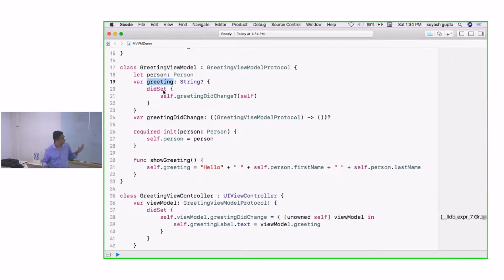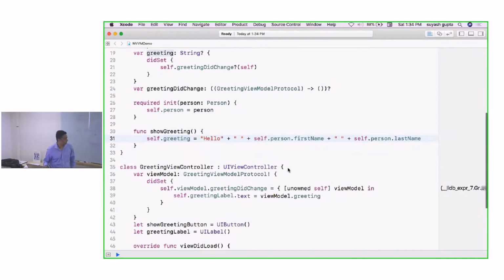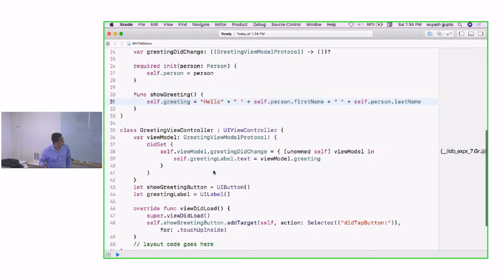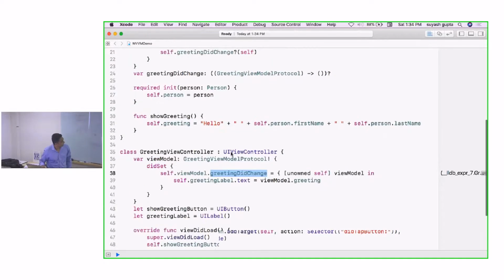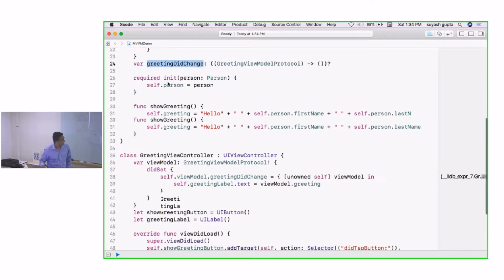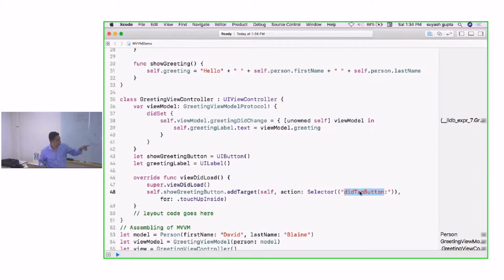Inside my view model, I have my output string, my closure, and my logic. What I'm going to show is hello. So how is this going to work? This greeting change pattern and this binding. Once the button is clicked, only then you have to show the text, right? On the click of this button, you need to implement this. Here, it was getting long, so I didn't add it. So the didTap method inside this view controller, you're going to call the